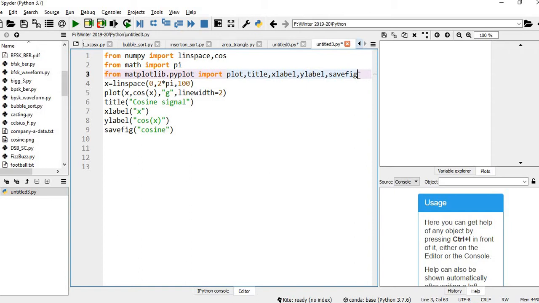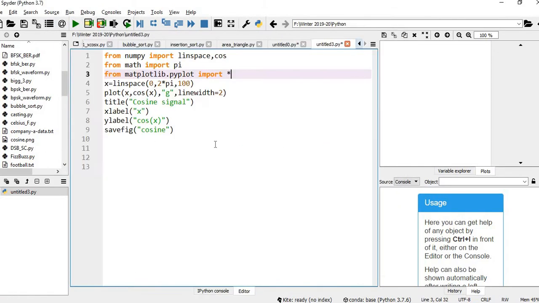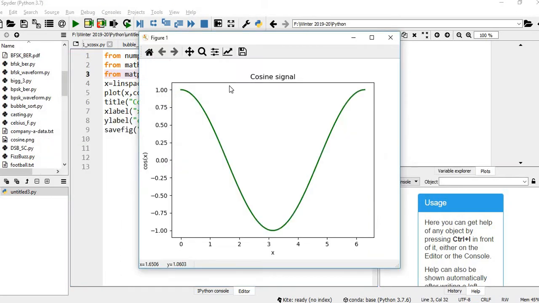Instead, you can add a star here. The code will work fine. It imports all the keywords from the matplotlib.pyplot library. So this is the point I want to convey.